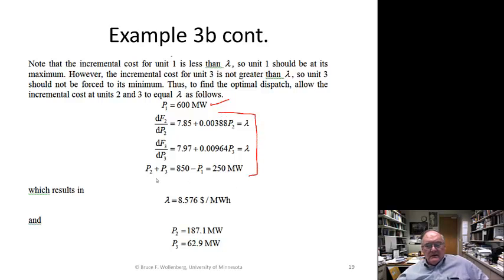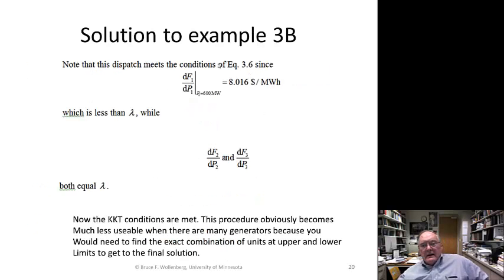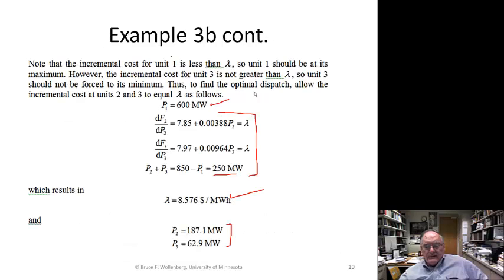And we say that the remainder, P2 and P3, have to give us 250 megawatts because I'm getting 600 out of P1. Now I get a lambda of 8.5, and I get these two values of P2 and P3, and we note that the dispatch meets the condition for P1. Its incremental cost at the max is 8016. Well, this lambda down here is 8567,